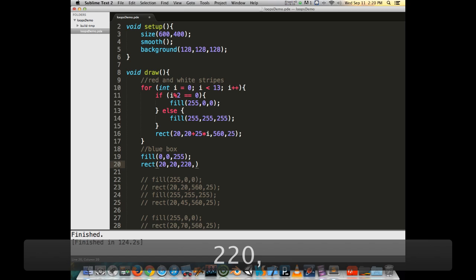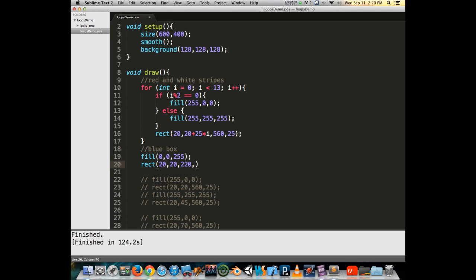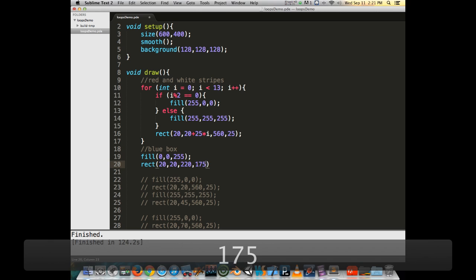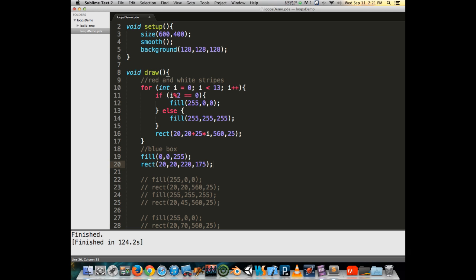So I'm going to just guess a number. I want it to be a little more than a third of the size. That seemed to give it the visual representation. And height-wise, I can do the math, knowing each stripe is 25. It turns out my blue box is supposed to cover 7 of those stripes, 7 of the 13. So that works out to be the correct number there, because 25 goes into 175